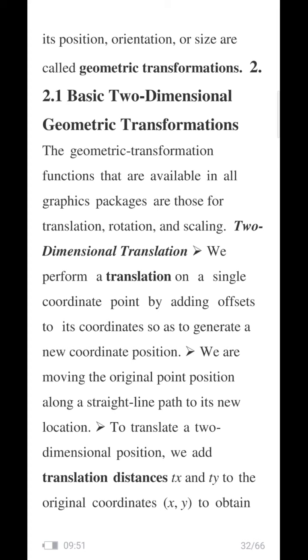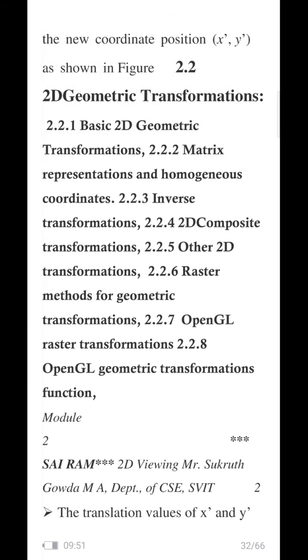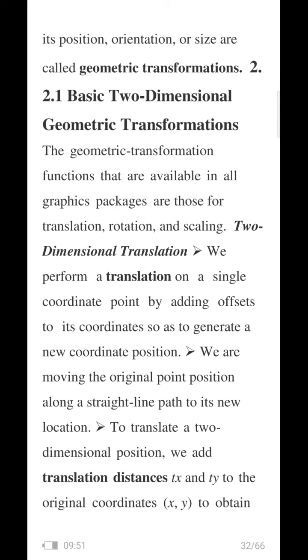Recall the lab experiment, the rotating cube, where each time you add the angular displacement theta, right? Theta equals theta plus the existing value. Once it crosses 360, we reset the value, isn't it? That's what rotation is, the second form of transformation. The next form of transformation is size. Concentrate here, right? Size can be changed. Either you can enlarge it or you can diminish the size of the object. That is the third form of transformation, which is scaling.